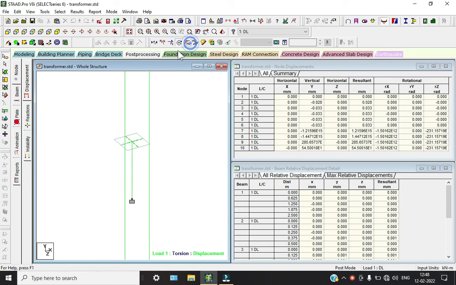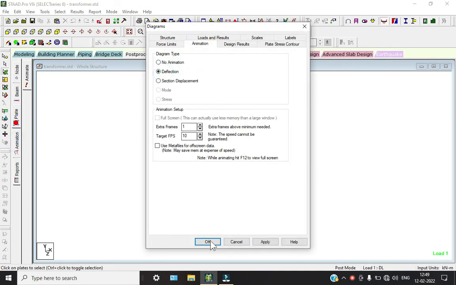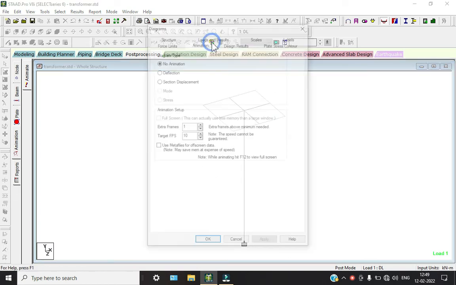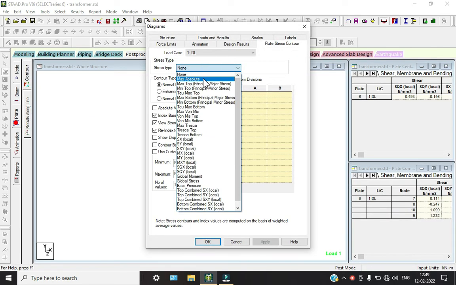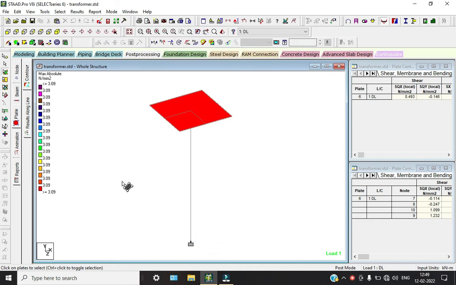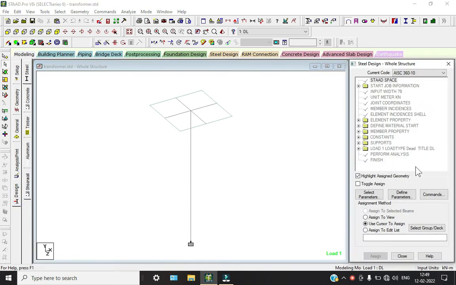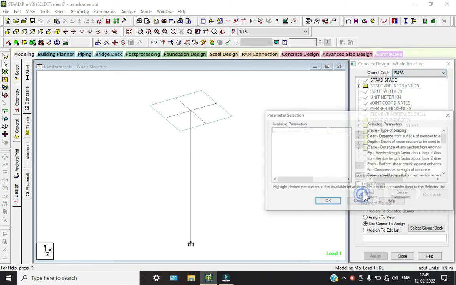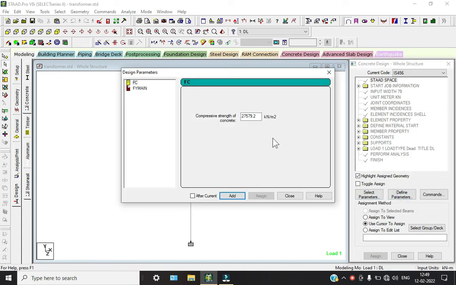See the animation, you can see any deflection is. So here we can see, right? So now we will go to our design part. So go to design, select the concrete, IS456, select parameters, deselect this, compressive strength and yield strength. So right, we are going to take that. On OK, define parameters. So we are going to take the 25 and equals